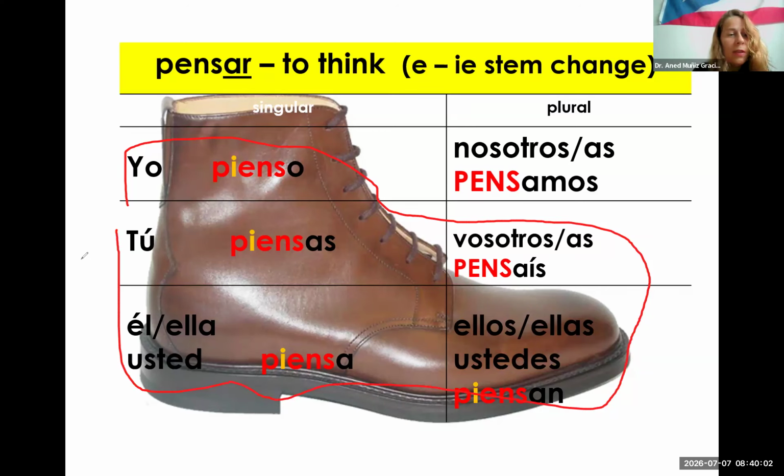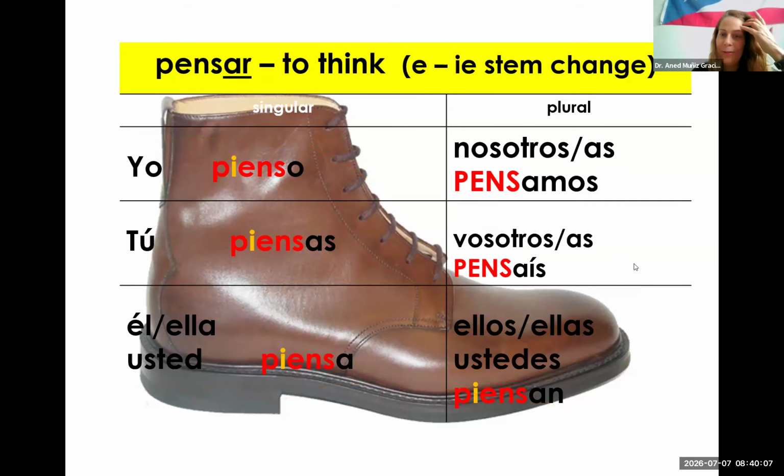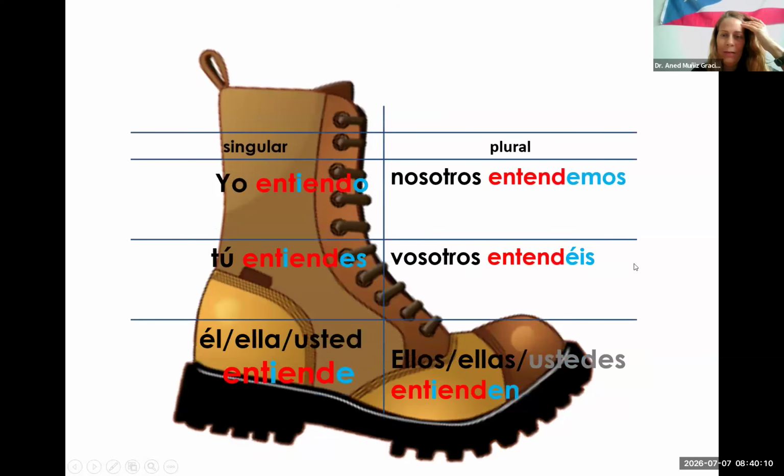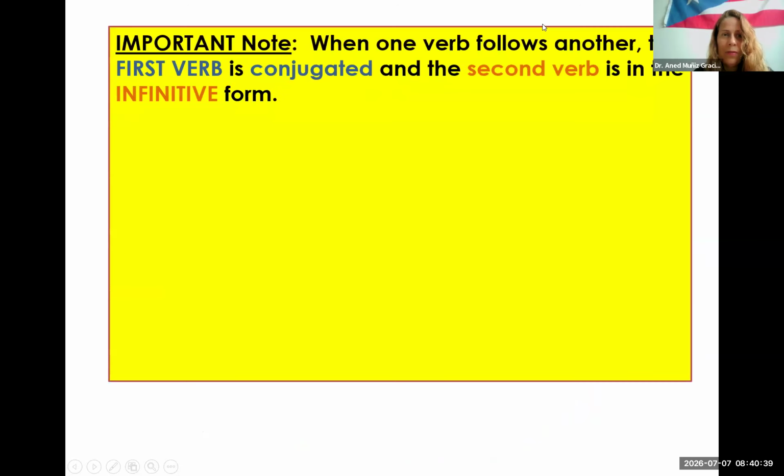Which is still useful to remember, so that you don't make the vowel change in the nosotros when it's not needed. And then again, another entender, and this is what you do to the verb. All the changes are in blue. And again, you have a vowel change in everything except nosotros and vosotros, and then you have the endings. And this is an ER verb, entender. So the endings, obviously, are not as amos, right? Because that's for ar verbs. And then, bien. Entonces,